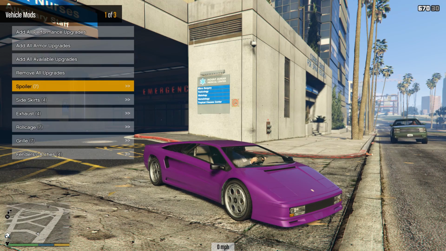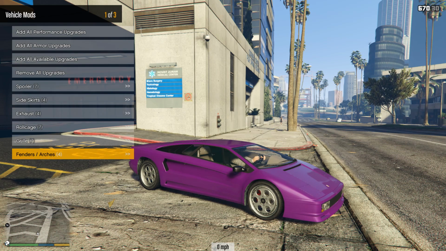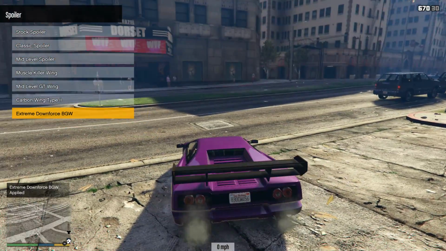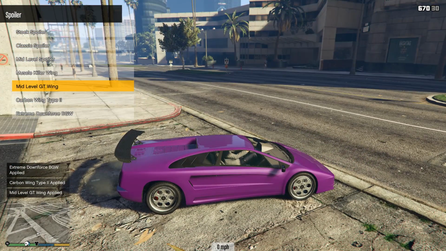Modifications. Shall we go and have a look at what we can do with the typical? I think I said that the F40's got the most. I think this might actually have slightly more as well, so well done me. Extreme downforce. Yes, we need extra. Bloody hell, that is a mighty wing. I think it pretty much is the same as the Kuruma wing on the back of this one, and there's some various other...